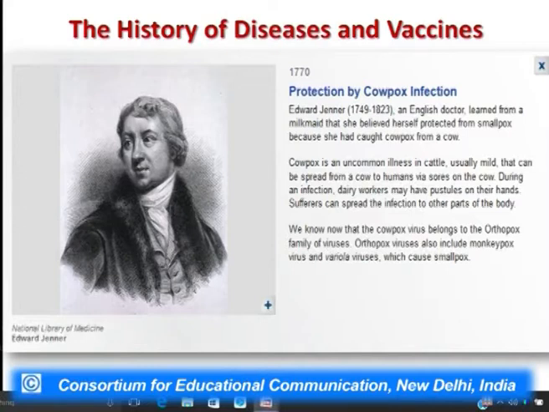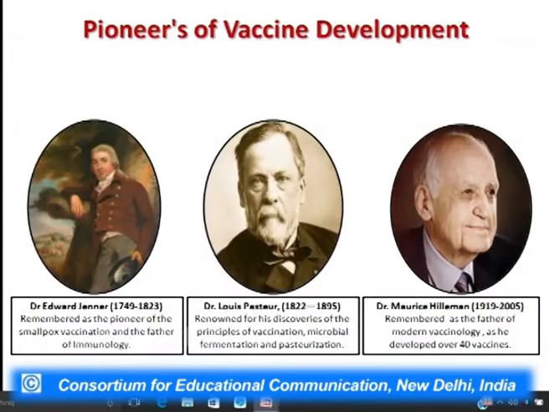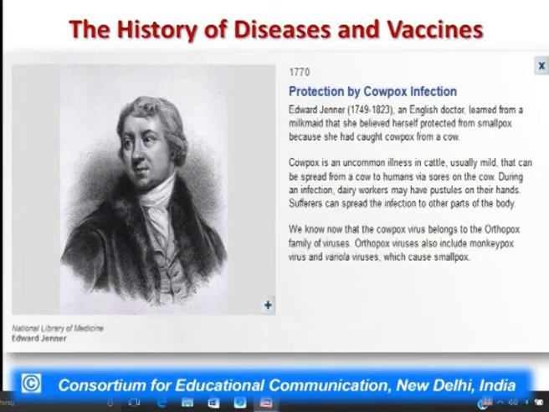He was trying to be a physician himself. So he realized this theory, and to authenticate it, he inoculated one of his subjects, Edward Phipps. This we had discussed in our previous lecture. He inoculated material from the cowpox pustule into Edward Phipps, and Edward Phipps was eventually protected from smallpox. So this was the first authenticated case of vaccination. No wonder we call Edward Jenner the father of immunology, and he is remembered as the pioneer of smallpox